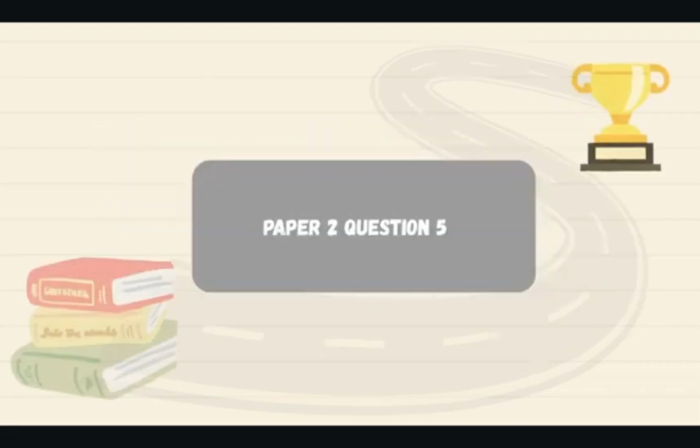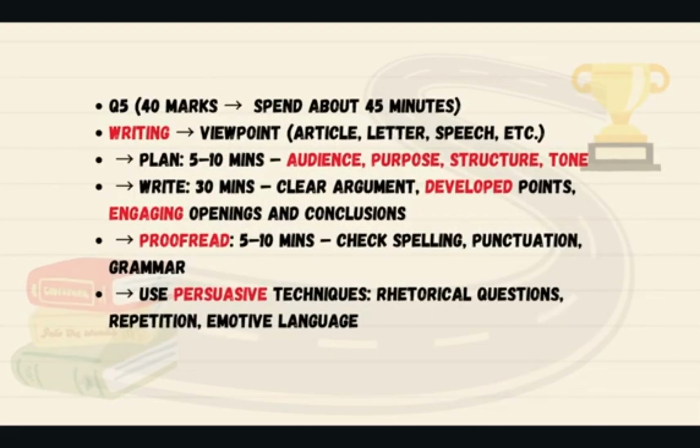Paper 2 question 5 is worth 40 marks, and you have to spend about 45 minutes on this question. This is the writing section where you have to look at a viewpoint, for example in an article, letter or speech. You have to plan this answer for about 5 or 10 minutes and look at the audience, purpose, structure